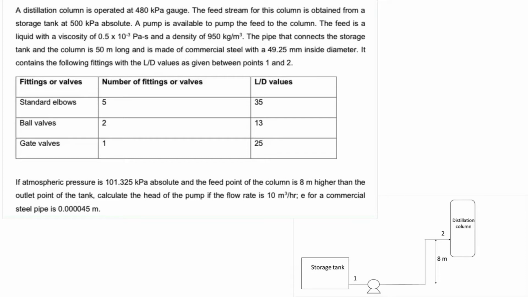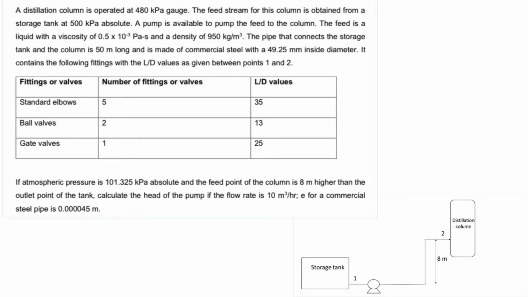The feed liquid density and viscosity are given. The pipe that connects the storage tank and the column is 50 meters long and is made from commercial steel with 49.25 mm inside diameter. We're also given that the atmospheric pressure is 101 kPa absolute and the feed point of the column is